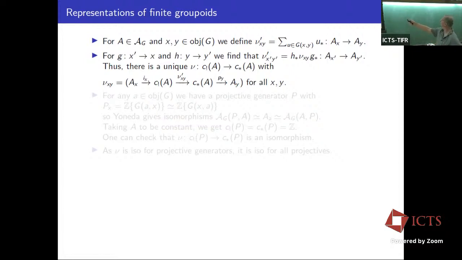And so because it's compatible with composition on the right, this map is actually landing in the inverse limit over the y's. And because it's compatible with composition on the left, this map is factoring out of the co-limit of the x's. So we conclude from this compatibility that there's a unique map from the co-limit to the limit, which